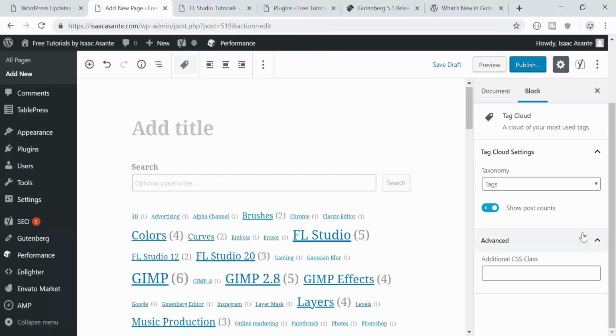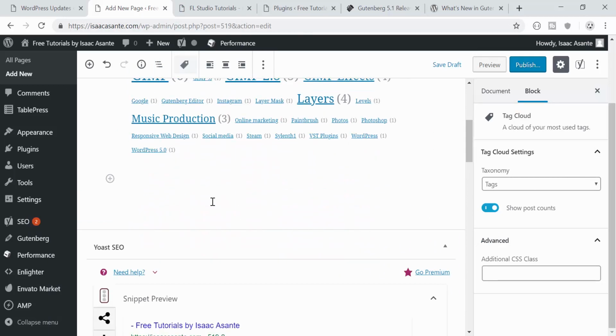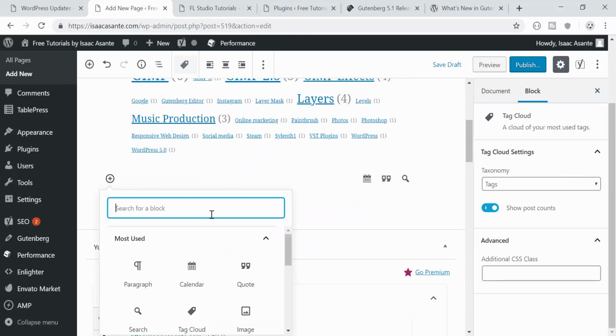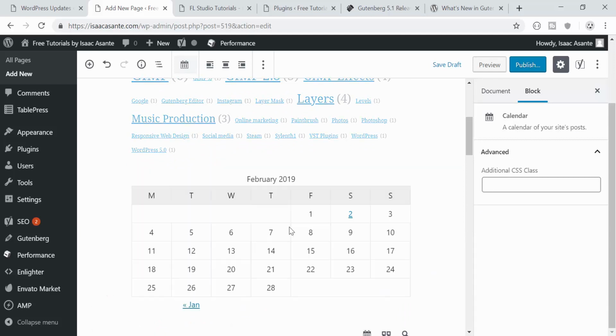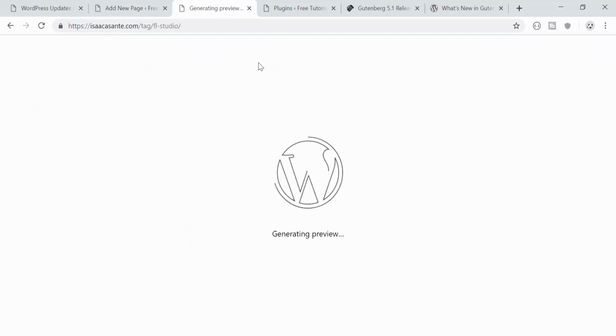And finally, we're going to select the calendar block. So I'm going to scroll down, tap here, calendar, and right. So there's a description here that says a calendar of your site's posts. There's nothing else to do, no settings. That's pretty much how it works. You're only going to be able to click on the days that correspond to the publishing dates of articles. So what I mean is, if I preview this,